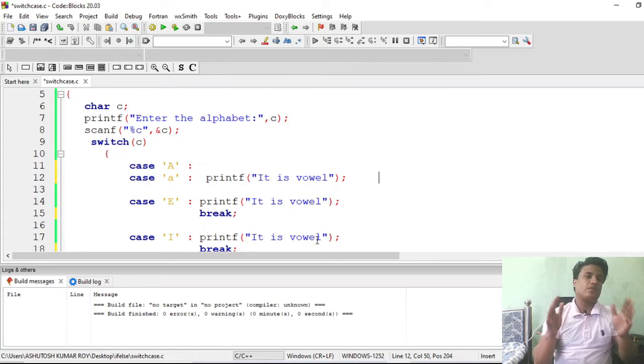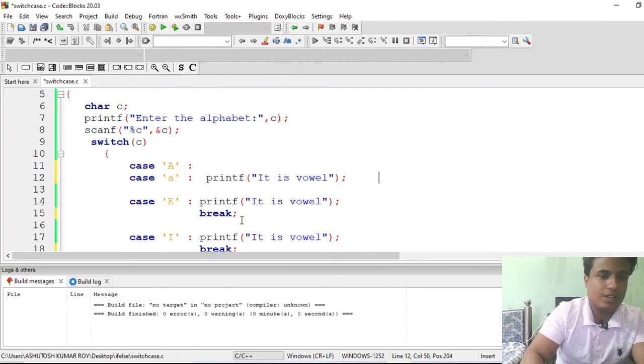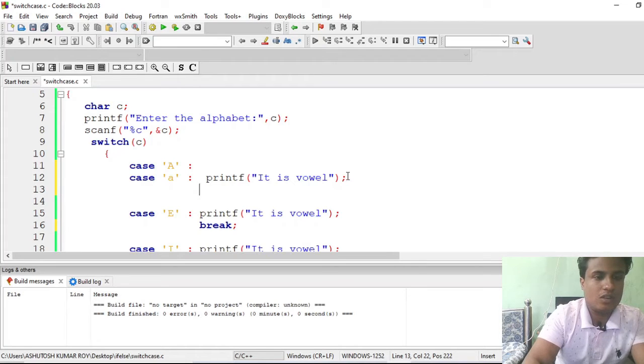For the sake of simplicity of code, I am writing like this. You can attach all the cases here because everything here is a vowel. Now you can use break here, otherwise it will execute all the cases. So you are getting it now.